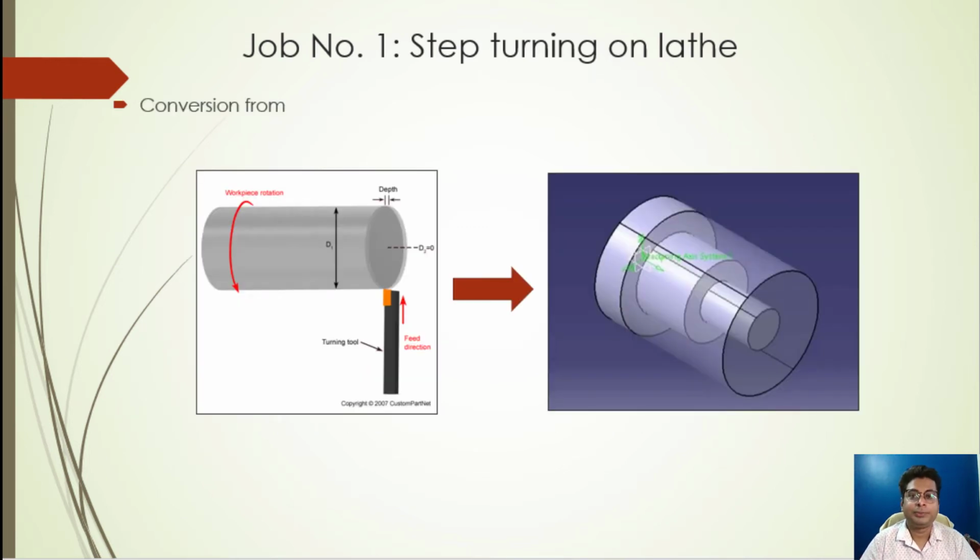Now, in order to achieve the objective of job number 1, that is step turning on a lathe, see, this is the type of workpiece which we are going to get. This is a cylindrical rod, a cylindrical shaft. We have to convert the cylindrical shaft into a product like this, a pin like this. So, if I may show you,